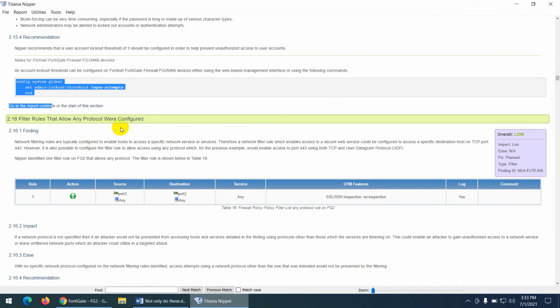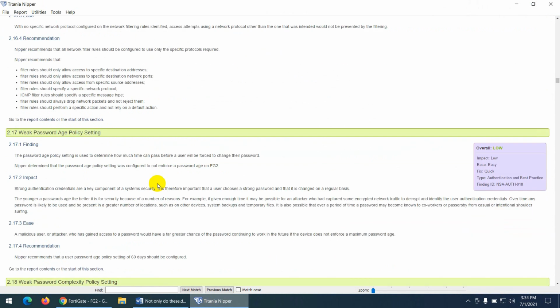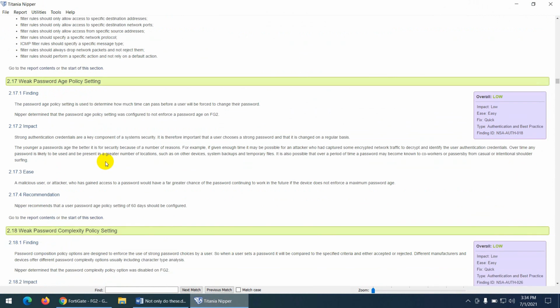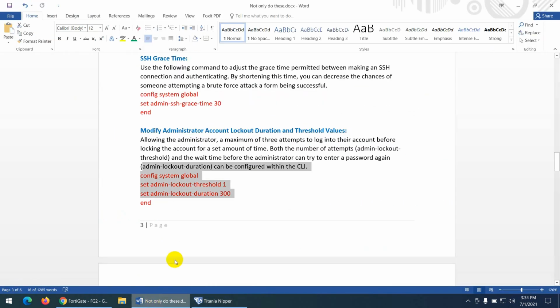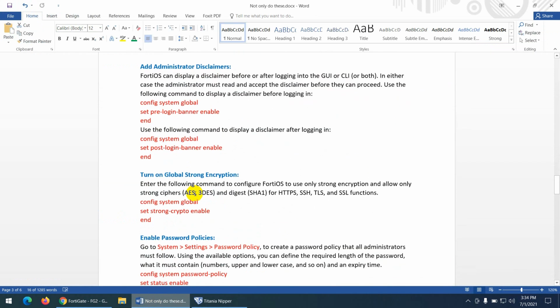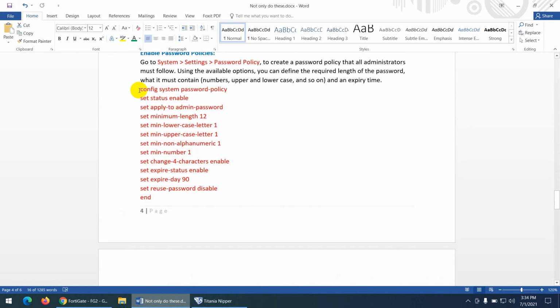And then they say protocol were configured. Okay, this again is related to that one. Weak password age time, weak complexity. My password is 123. So first of all, nobody can put a small password. So you can put a password policy. I mentioned this. Yeah, this one. You can enable the password policy graphically, also through command base. You can enable at least one lowercase, one uppercase, one non-alphanumerical, and one numerical, and all those things, expiry and all those things you can enable.